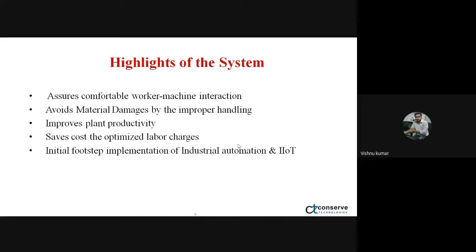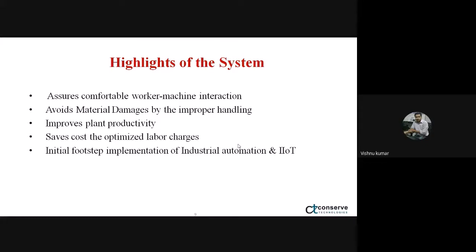But this system manages the unexpected things more efficiently than a human worker. It also avoids material damage from improper human handling, and finally it improves plant productivity, saves the cost of labor charges, and